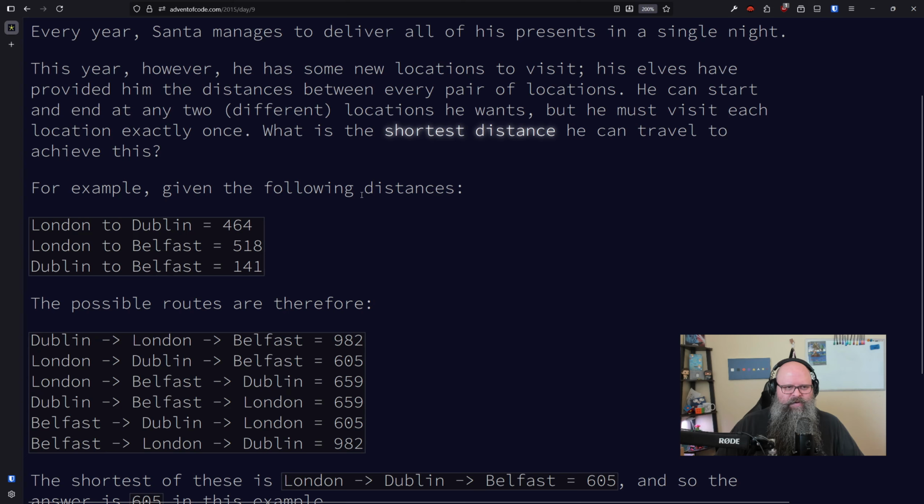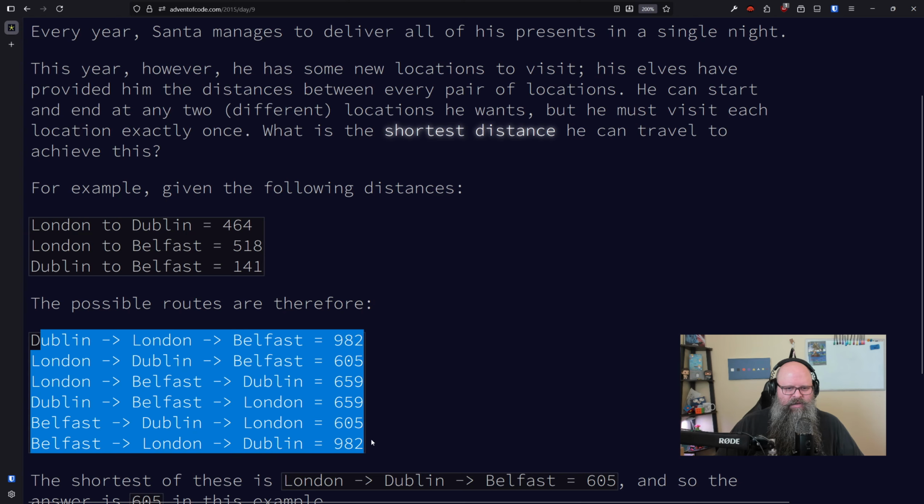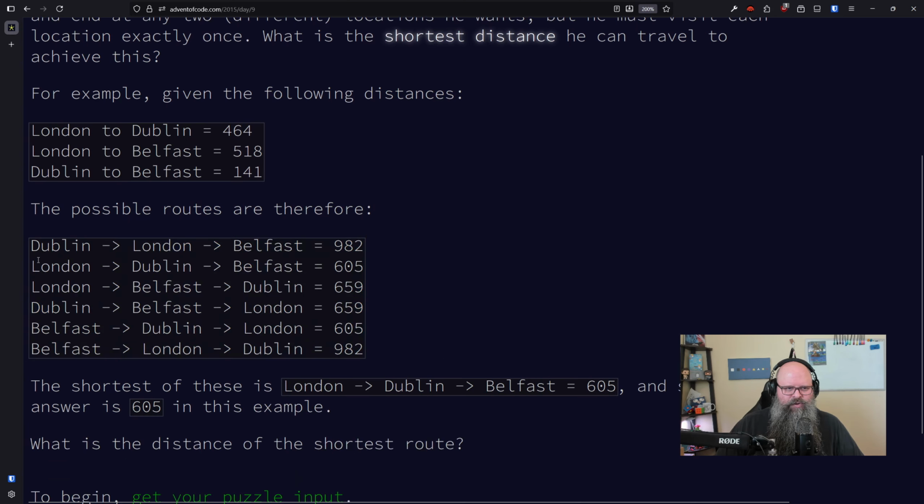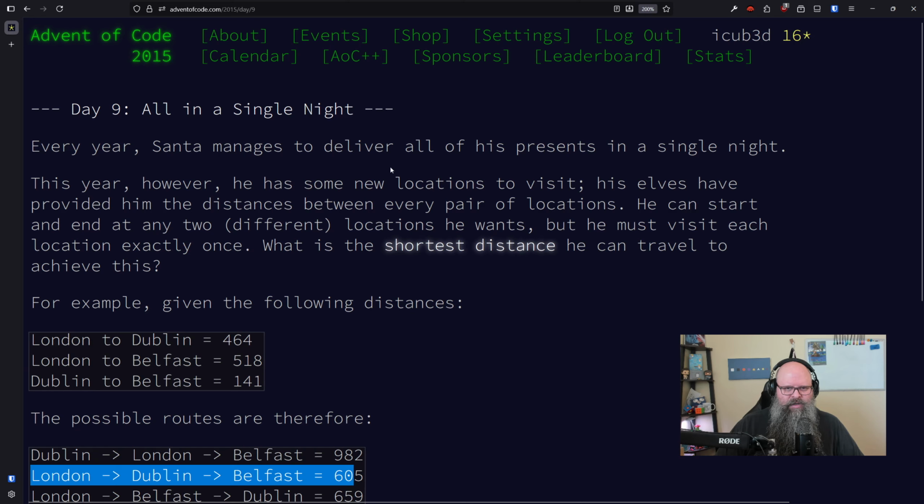For example, given the following distances: London to Dublin, London to Belfast, Dublin to Belfast, the possible routes are therefore these, and the shortest is this one. What is the distance of the shortest route? His elves have provided him the distances between every pair of locations. He can start and end in any 2 different. Yeah, so this is,